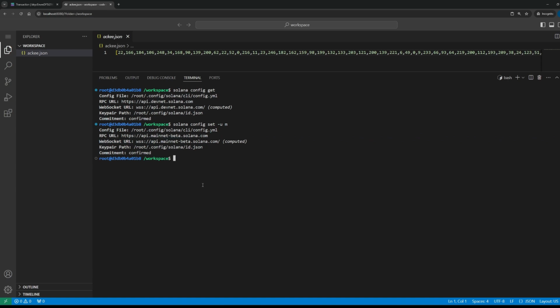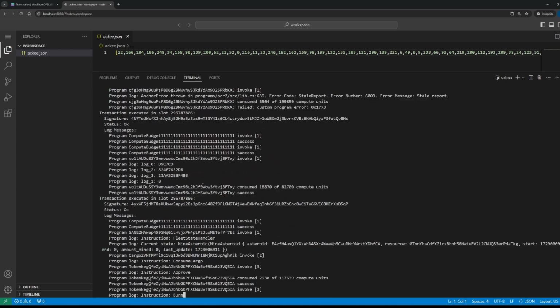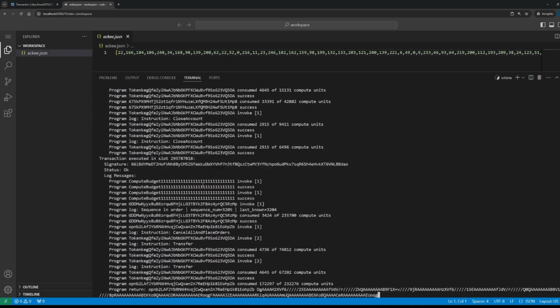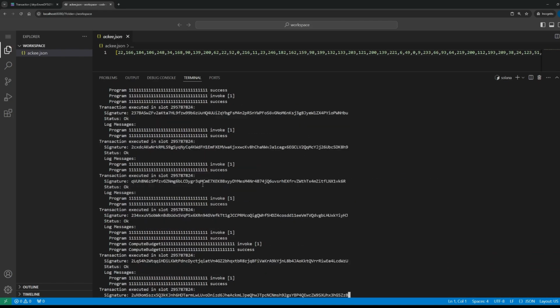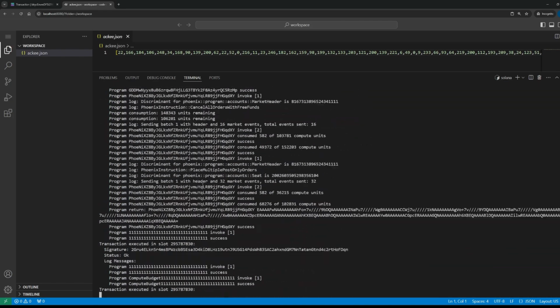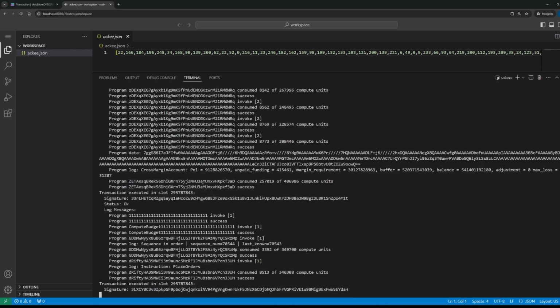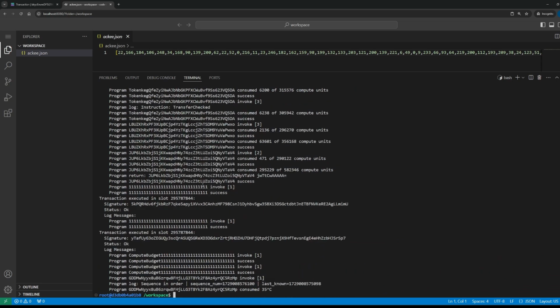We can actually see the logs of the blockchain. So we can see all of the transactions that are processed on the blockchain. So let's check them out. Maybe don't get scared, because these are all of the transactions processed on the Solana. You can see it is a lot of transactions because Solana is actually pretty fast. So there are a lot of transactions processed currently. So I will stop this mess.